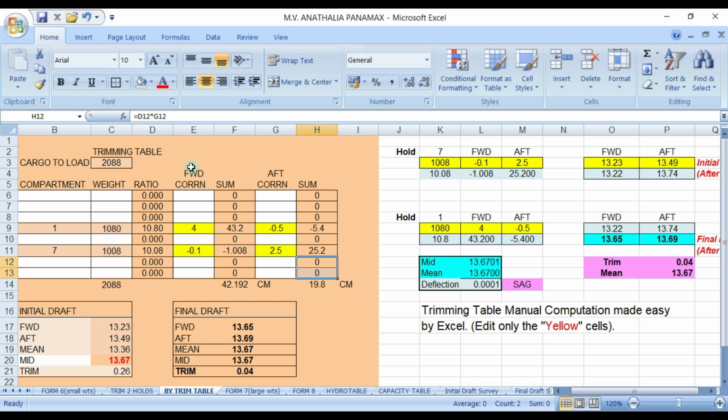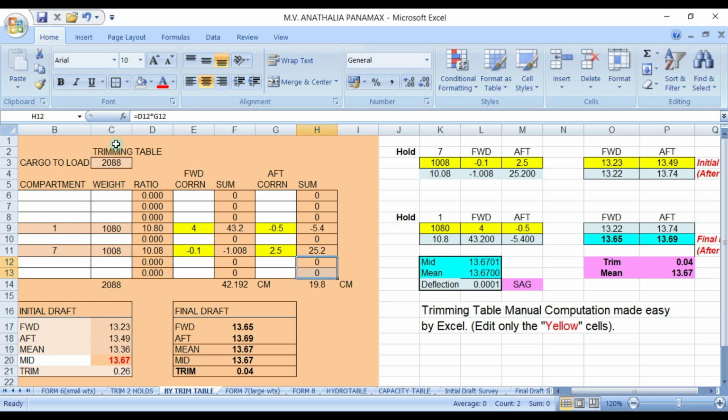Take note guys, this computation here is different from this one. They have the same results, but they compute the same results differently to get the final draft departure, or the final draft readings, whatever.